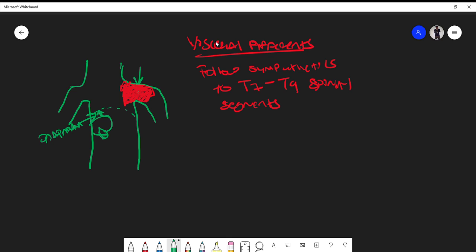So what occurs is that the gallbladder can get inflamed so much that it starts pushing against the diaphragm. And as a result of it pushing against the diaphragm, remember the diaphragm has dermatomes of C3, C4, C5. And as we say in medicine, C3, C4, C5 keeps the diaphragm alive. Now it so happens that the C4 dermatome is actually in the shoulder. And so as a result of the gallbladder getting larger and larger and larger and pushing against the diaphragm,